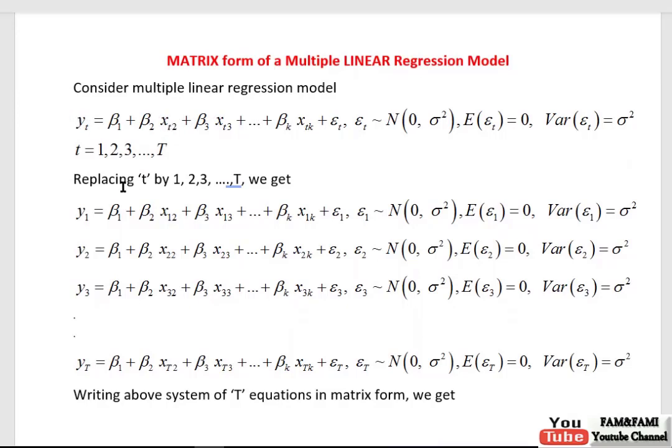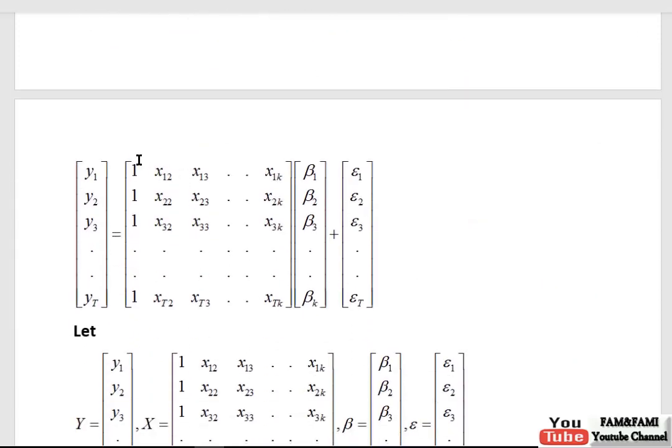So then when you replace t by 1, 2, 3 up to t, you will write, start from here, y1 beta 2 x1 2, that's it. And then there is no need to write beta 3, beta 4, beta k, but you have to write this epsilon. And similarly here beta 1, beta 2 x2 2, and there are no x3 to xk, and the last one, epsilon 2, will be present. And in this matrix notation you will have only 2 columns, 1 1 1, and then the column containing values of this second regressor x2.